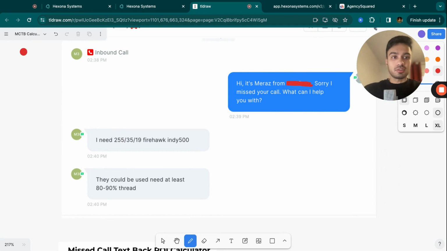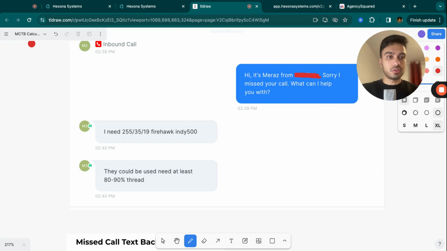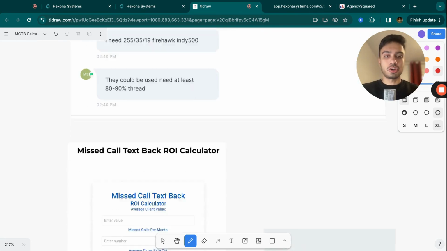The point is that instead of that lead moving on to the next person, they think, oh, someone actually responded to me. There's something happening here. Let me engage in a text message conversation instead. So now the lead immediately replies back, I'm looking for so-and-so tires. This is a tire shop. And then they let you know exactly what they're looking for. Then my client can just check their text messages, respond, and engage the lead straight from there, rather than losing this entire deal. So that's basically how it works. Obviously, when this is done across an entire month, there's a huge volume depending on the business, and this can start to add up.